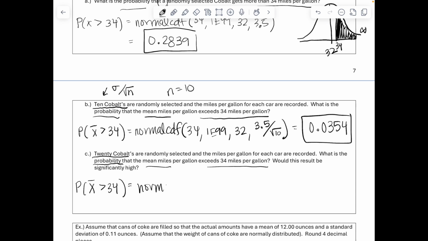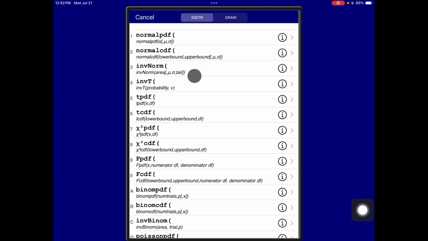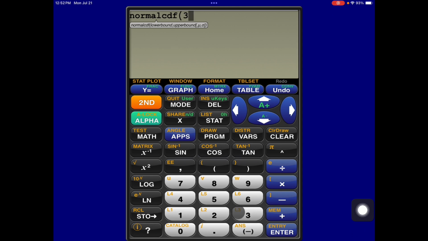So we're still using normal CDF. Exceeding 34, so 34 is our lower limit, 1e99 is still our upper limit. Mean is still 32, but this time our standard deviation is going to be 3.5 divided by the square root of n, and in this problem, n is equal to 20. On the graphing calculator, we are going to go second vars, normal CDF, 34 lower bound, comma, 1e99,